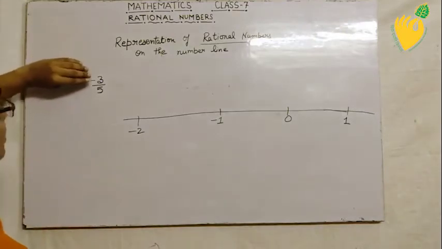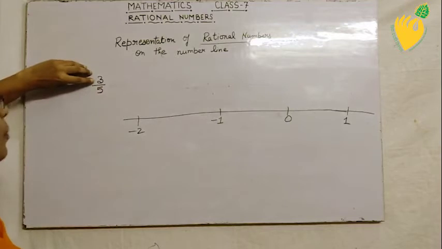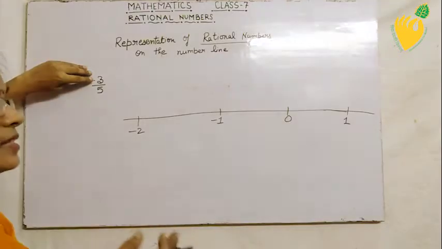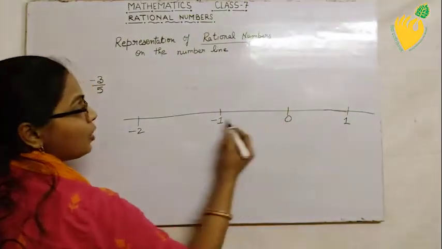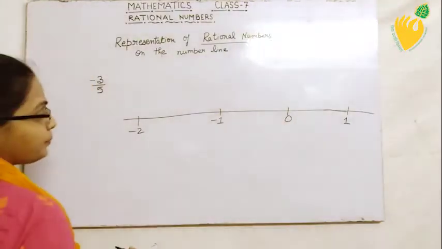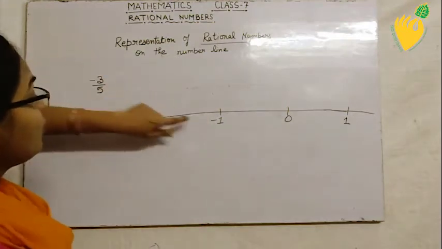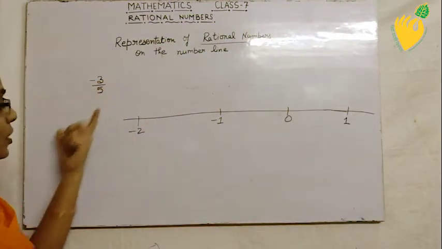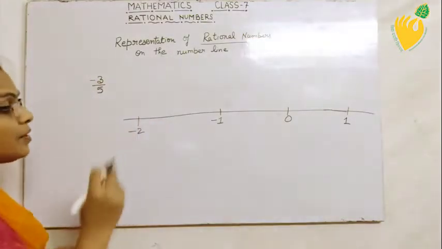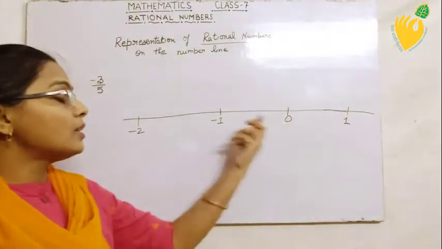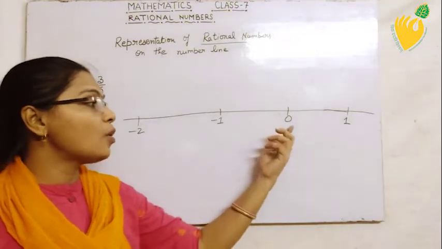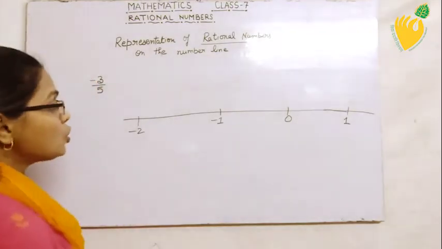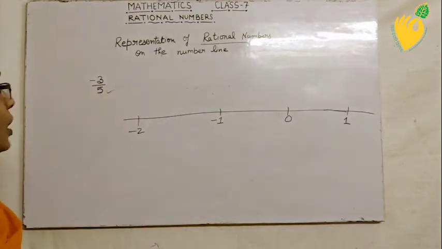We all know that if we discard the negative sign, then 3 upon 5 is what? A proper fraction, and the value of a proper fraction is always less than 1. So students, this minus 3 upon 5 will be in between 0 and -1. So students, we will not consider the sign. We will see only 3 upon 5. We will consider the sign afterwards, that is, it will be on the left hand side. We will consider the sign in that aspect only, that the negative rational number will be on the left hand side of the 0. So students, what is the number in the denominator?